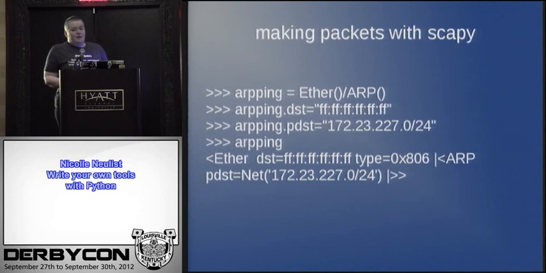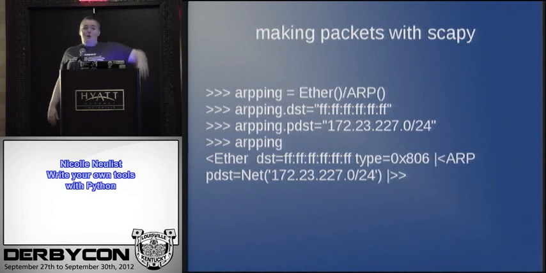Scapy is another module that I absolutely love. You could probably do several talks on just it. It's how you build packets in Python. Even though it's not in the standard library, if you have BackTrack 5, it is on BackTrack 5 by standard. You can just run Scapy and it will pop you up a Python shell with Scapy already imported. Or you could just start using import Scapy in your scripts. It treats packets as protocol layer over protocol layer over protocol layer.